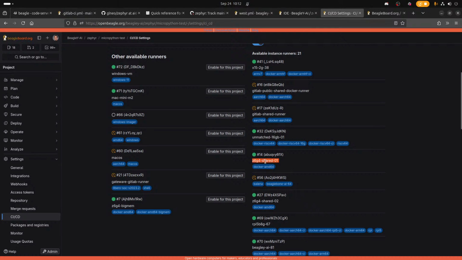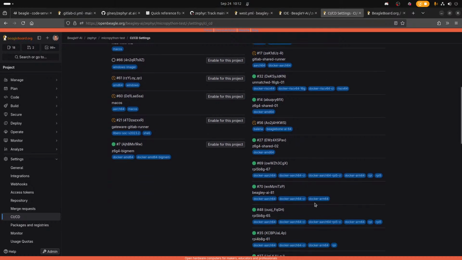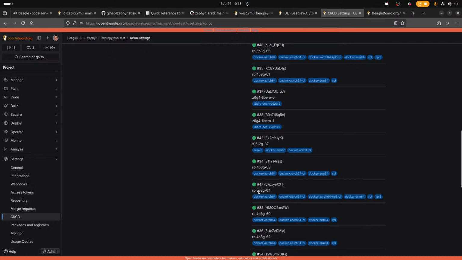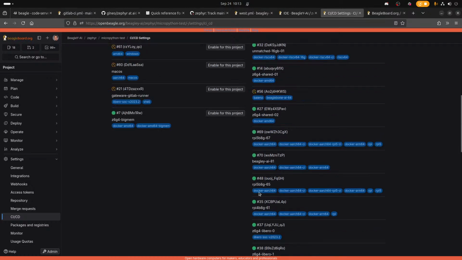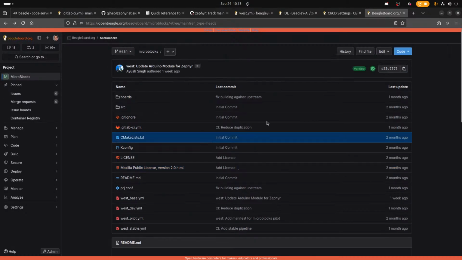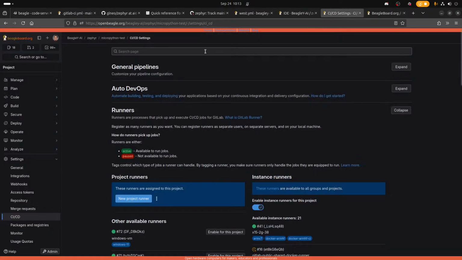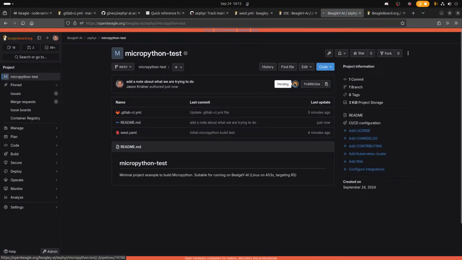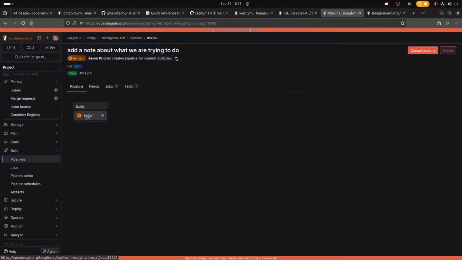Yeah, this one should pick it up. On the BeagleY's, one of these boards should pick it up. Right there. Maybe remove the stages list.